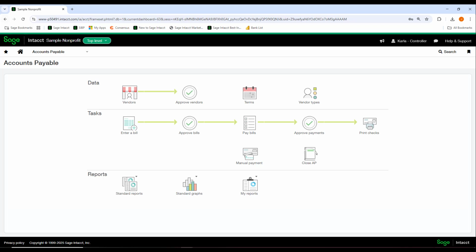Next, let's talk about one of the biggest areas for time savings, accounts payable automation. Manual accounts payable processes are one of the biggest time drains for nonprofit finance teams. From entering bills and tracking approvals to reconciling payments, these tasks can take hours each week, pulling staff away from higher value work. But with Sage Intacct's AP automation powered by AI, organizations can reduce AP processing time by up